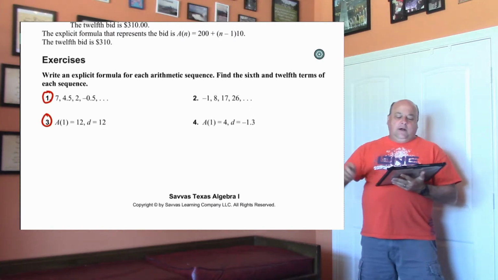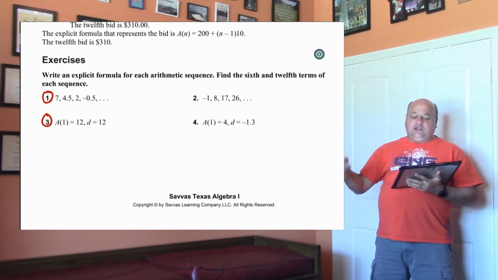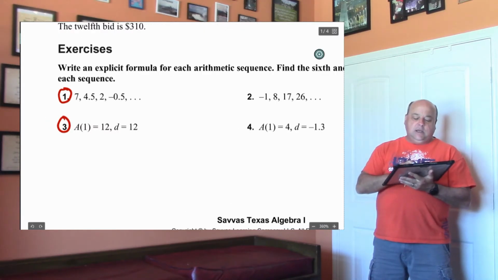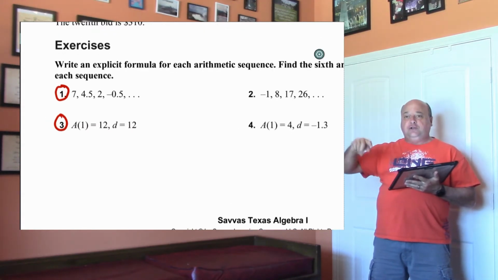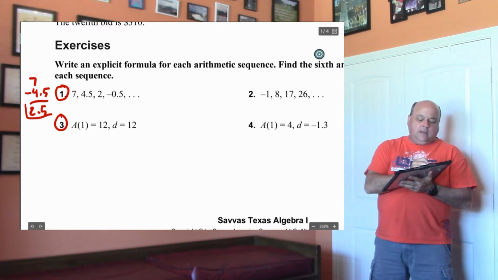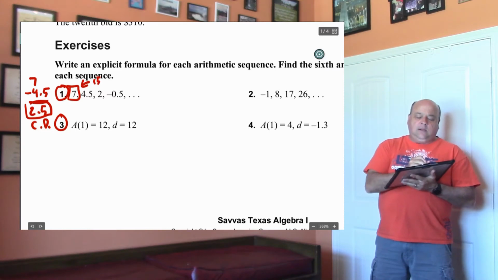Let's look at number 1. Write an explicit formula for each arithmetic sequence. Find the 6th and 12th terms of each sequence, okay? So let's look at number 1. I'm going to do 2 for you. You can do the other. If I do 7 minus 4.5, I get 2.5, don't I? That's the common difference, or D. This would be the first term. Okay, so my